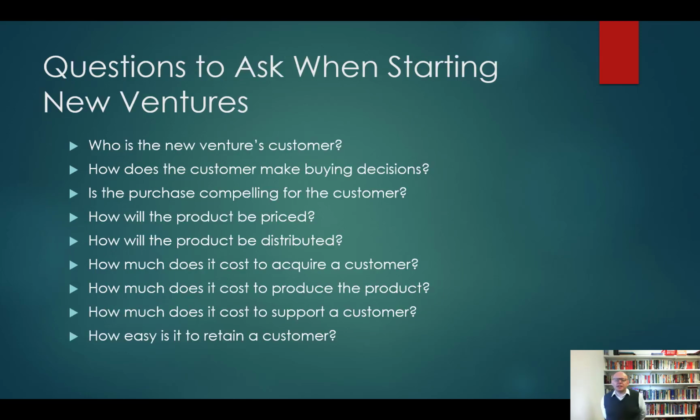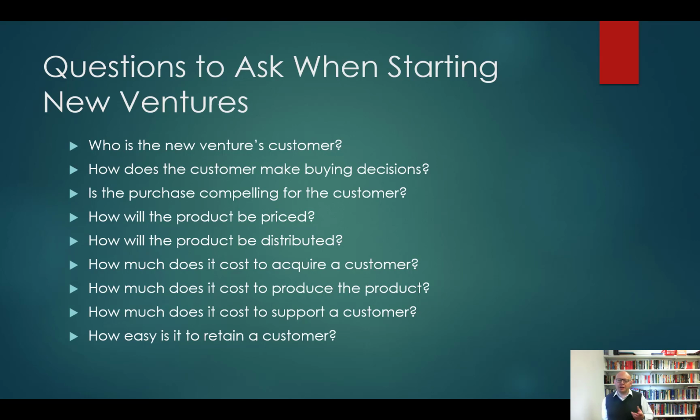So when a new business is starting out, Mazerol tells us that there's a couple of key questions that we really need to be sure we know answers to before we progress our business venture. Again, Mazerol talks about these in detail in the chapter, and I encourage you to go and read that chapter and think through what some of these major questions might be. So some of the questions we need to ask are, who is the customer? We really need to be clear in our mind who is buying this product and why they're buying it.